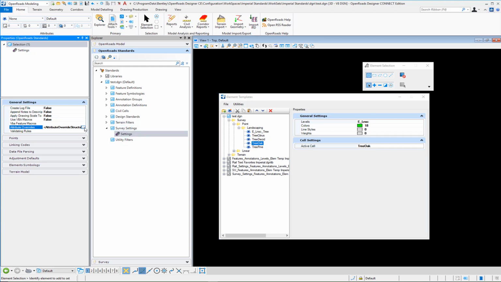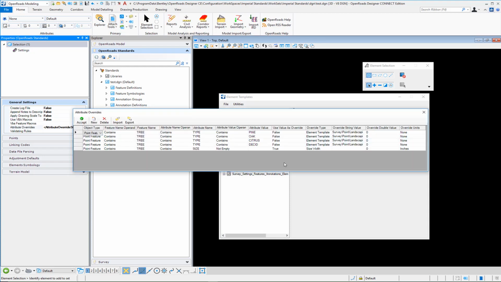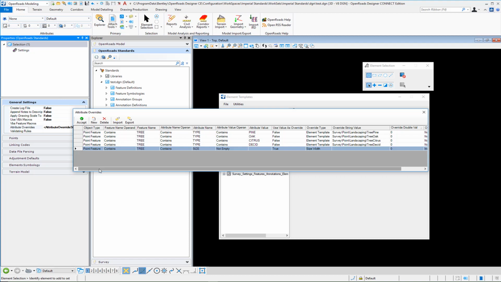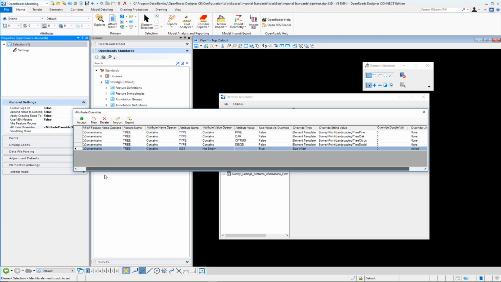And now we want to take a look at what I changed with our attribute overrides in our survey settings. And I have simply added in the remaining 3 entries. And so you will see I have an entry for oak. So if it finds the survey feature definition tree and it contains oak, then I want to use, you'll see then the list of element templates. So we have tree pine, tree oak, tree citrus, and tree deciduous, where each of those element templates would be overridden and place different cells, all while taking into account the different diameters